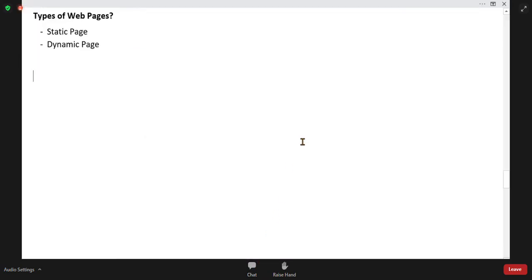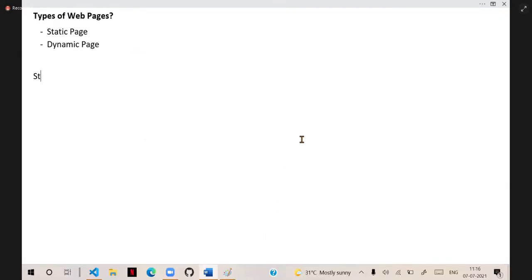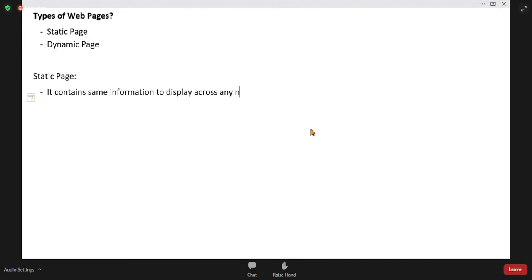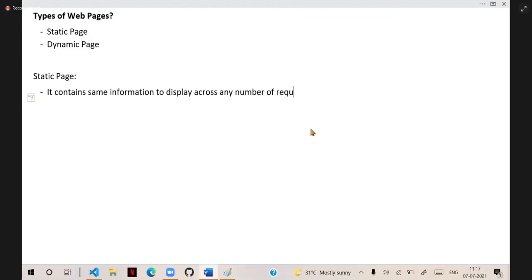That means a static page technically contains the same information to display across any number of requests.